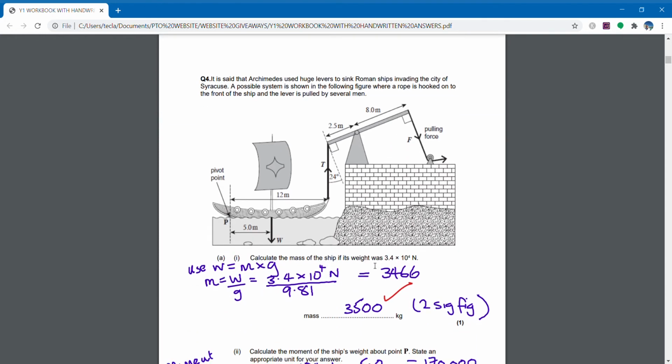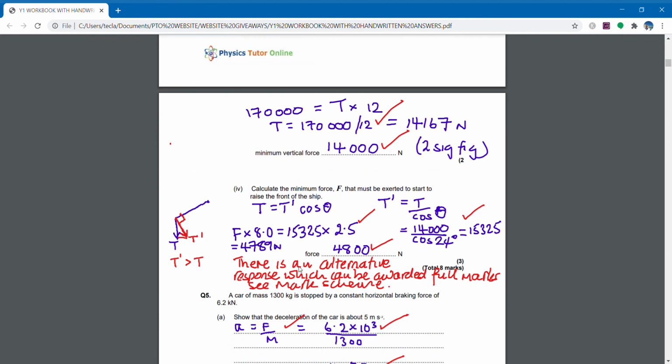So we are going to consider this as a vector triangle where the tension that we are going to have to apply, if you like, is T dash, which is bigger than T,